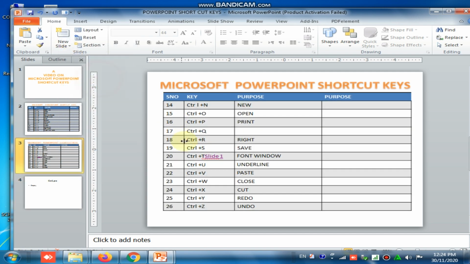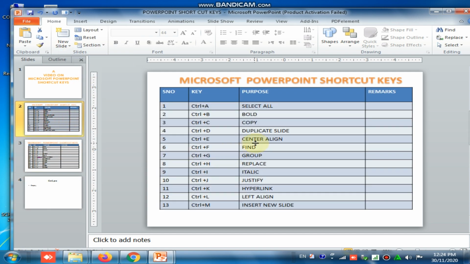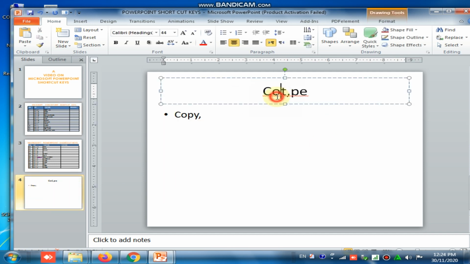Next is Control plus E. This is very important. In MS Office, MS Word, Excel, PowerPoint, there are four alignments. You have to remember this. These questions will be asked in competitive exams.